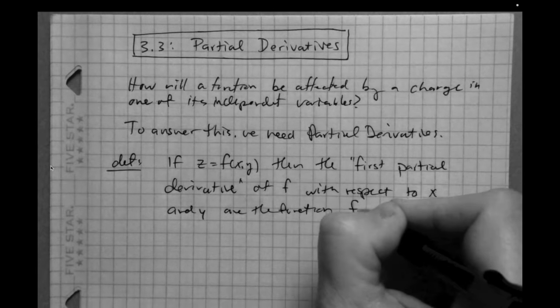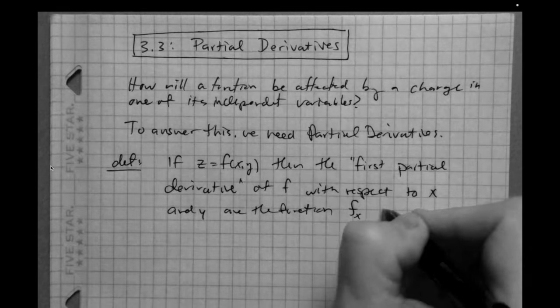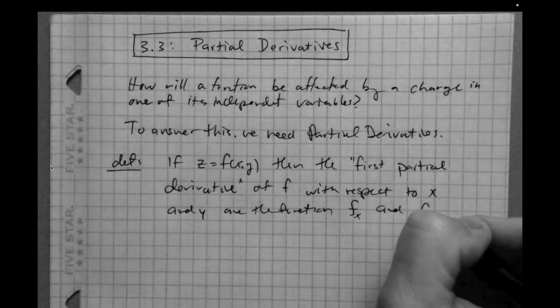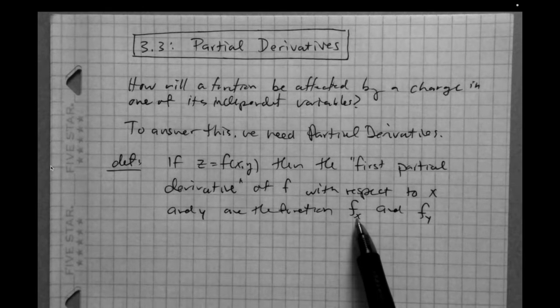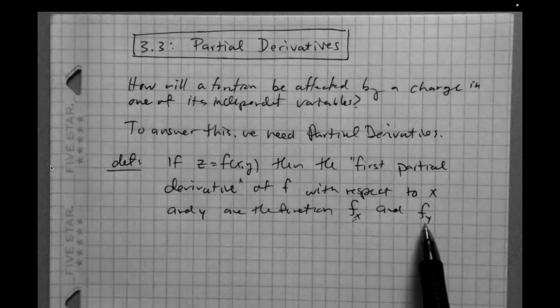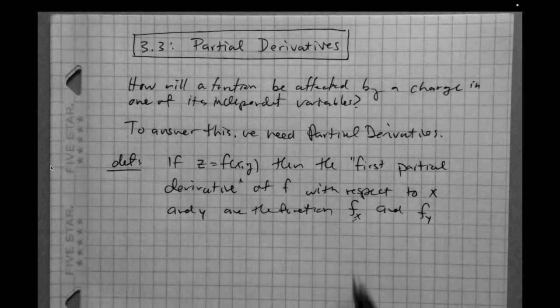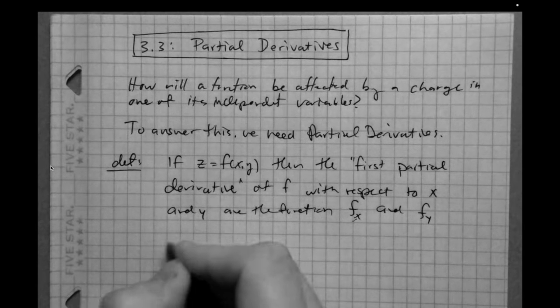We denote it like this: f with an x subscript and f with a y subscript. So this is the partial derivative of f with respect to x. This is the partial derivative of f with respect to y. Okay, and so they're defined by,